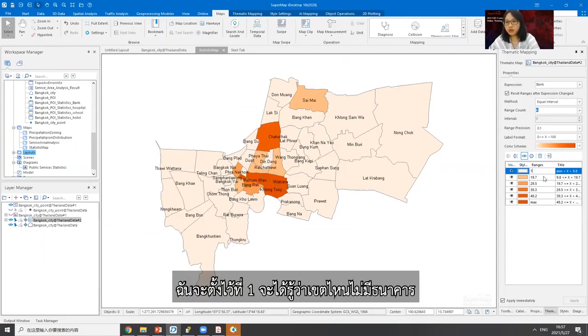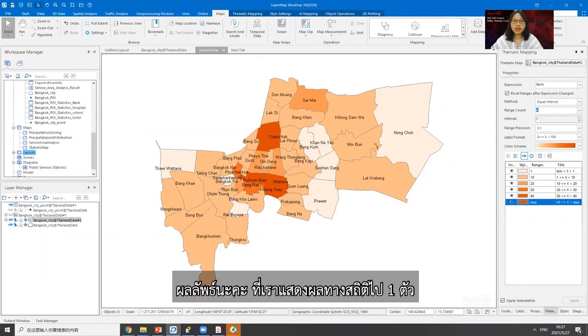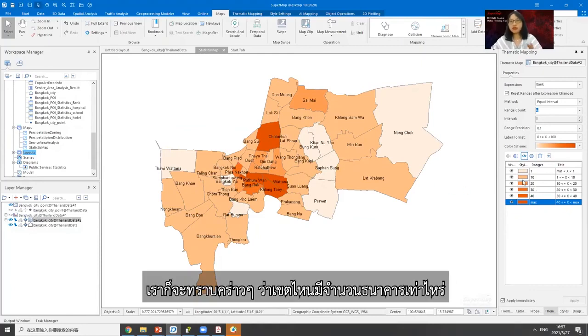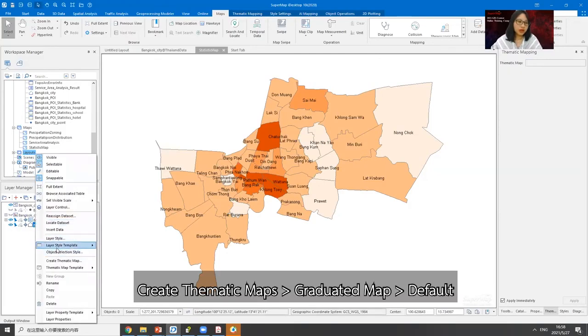Here we can see one, so we can know which area has no bank. So here is the result, and then we display the one element statistic by thematic map. So we can roughly know the number of banks in each city, and also we can continue to create a